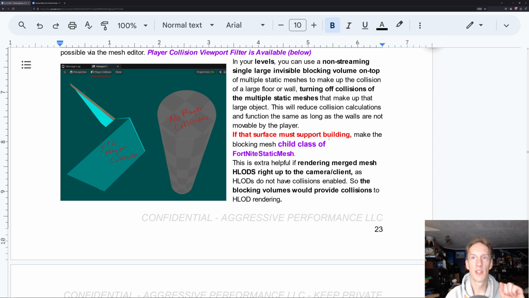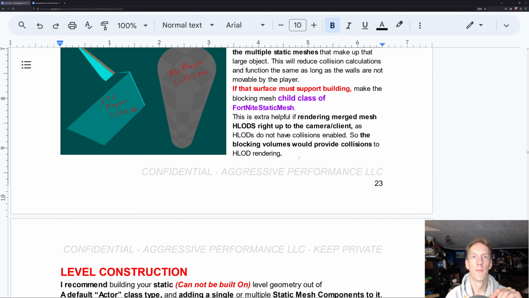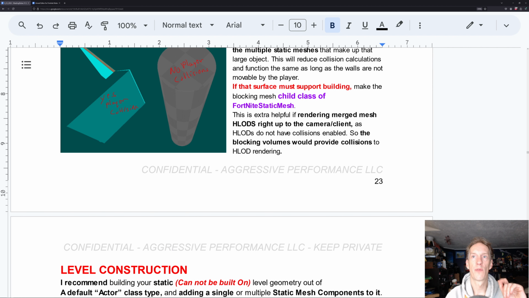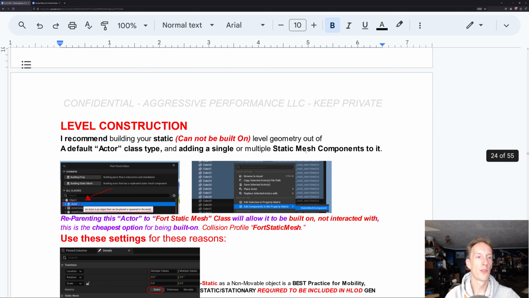If that surface must support building, make the blocking mesh a child class of the Fortnite static mesh, so you can build on it. This is extra helpful if rendering merged mesh HLODs right after the camera, as HLODs don't have collisions enabled, so the blocking volume would provide collisions up to the HLOD rendering. I think we are at 20 minutes, and we're going to go into level construction next,